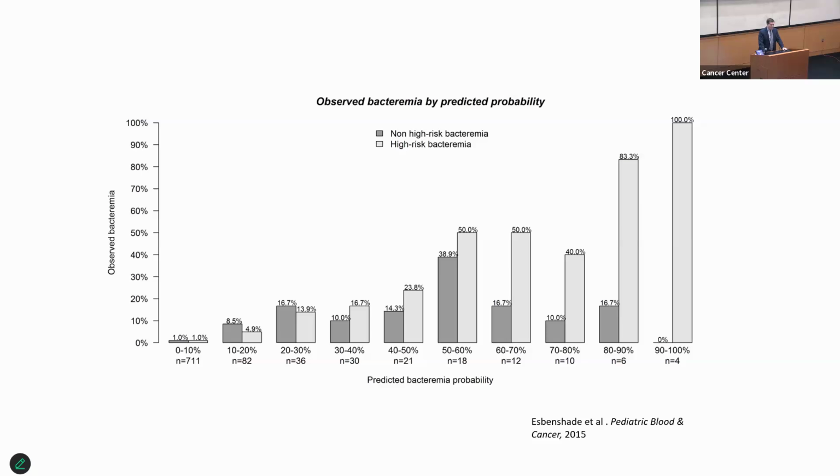Then in an intermediate risk, there were people with a little bit more risk of bacteremia. And then at the high end, the numbers get really small, but they have a very high risk. And so you can kind of see maybe low risk, intermediate risk, high risk. And you'll see how this plays out as we move to the next steps.